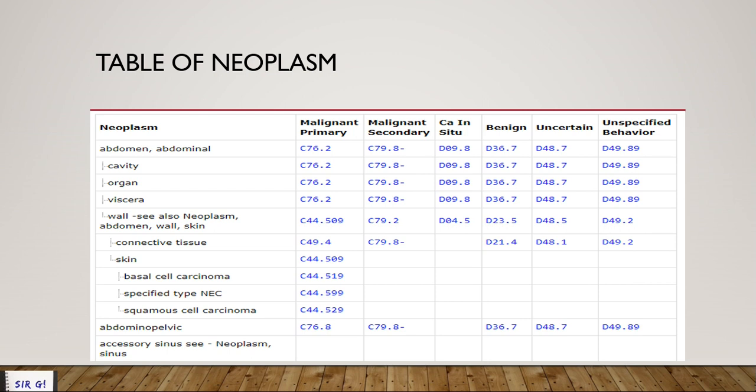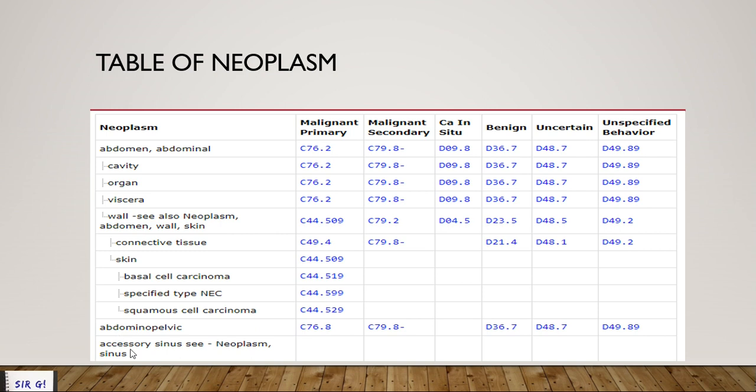As you can see in this first column, we are talking about the anatomy. So when we're talking about the abdominal cavity, any organ in the abdomen, or abdominal viscera. Okay, so we have abdominal wall, or skin, connective tissue, skin, basal cell carcinoma,